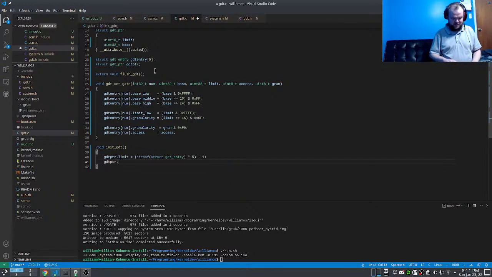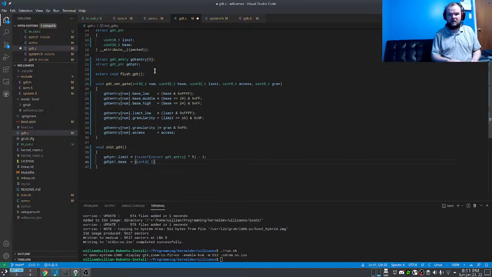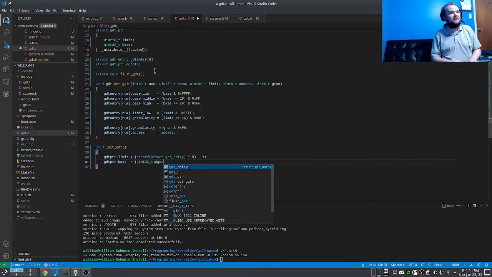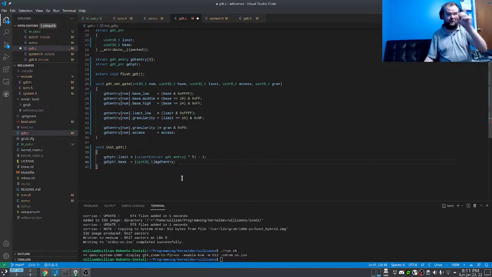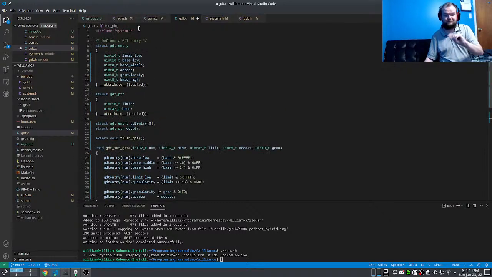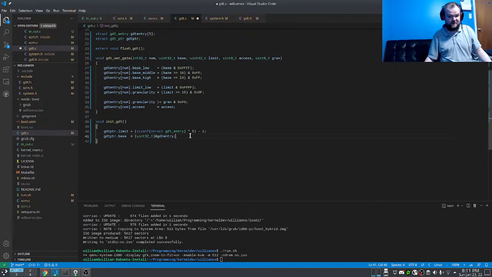Now this is where things are going to start to look weird. We need the address of GDT. That'll get us a pointer to the first GDT entry, and that's going to be used by the processor. When we're done with all of this,